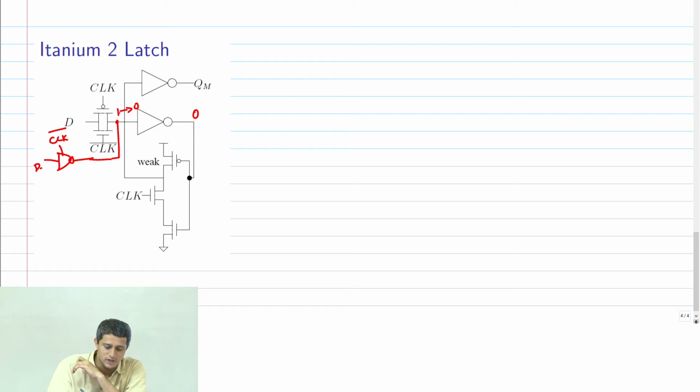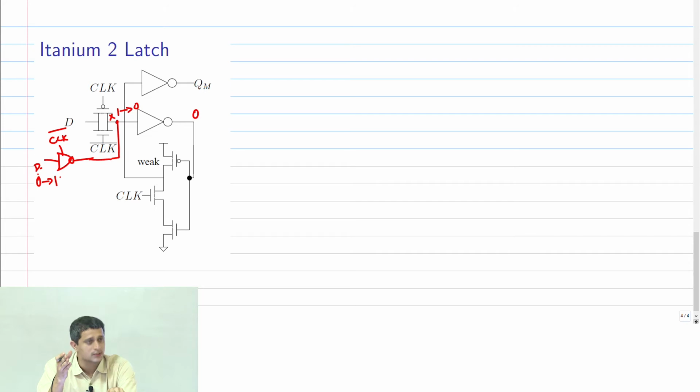No, initially this node X has a 1. I want to make it 0. Therefore, D has to go from 0 to 1, and clock also has to be enabled. Only then it can happen.